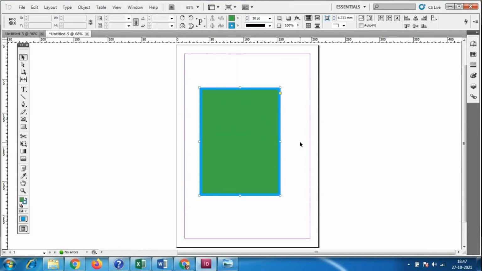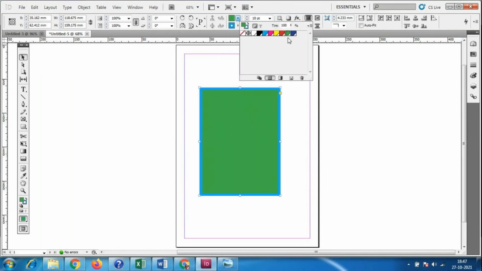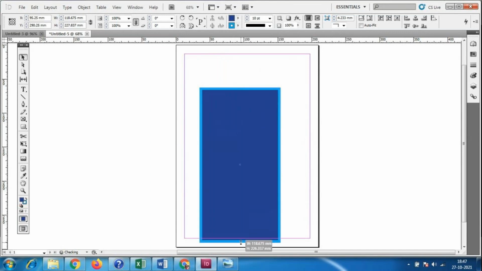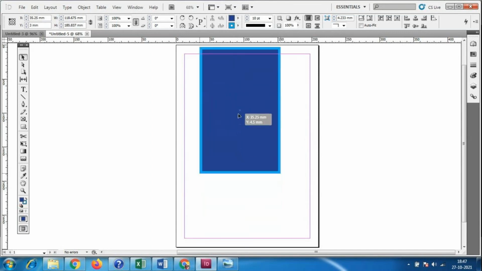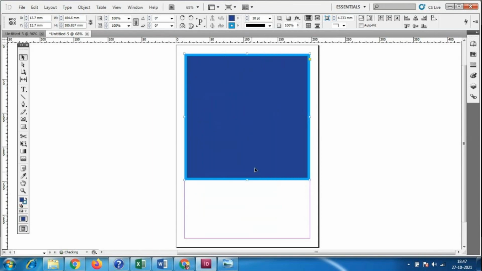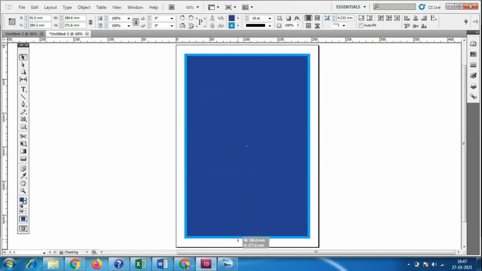Using this selection tool, we always have to select the object, and then we can change the color. Whatever colors we want, we can change them. In this we have the options. We can increase the size and we can decrease the size. You can move it however we want. No need to take the help of the layers and all, which is very easy. So we can take the color, and I can reduce the size of this thing.